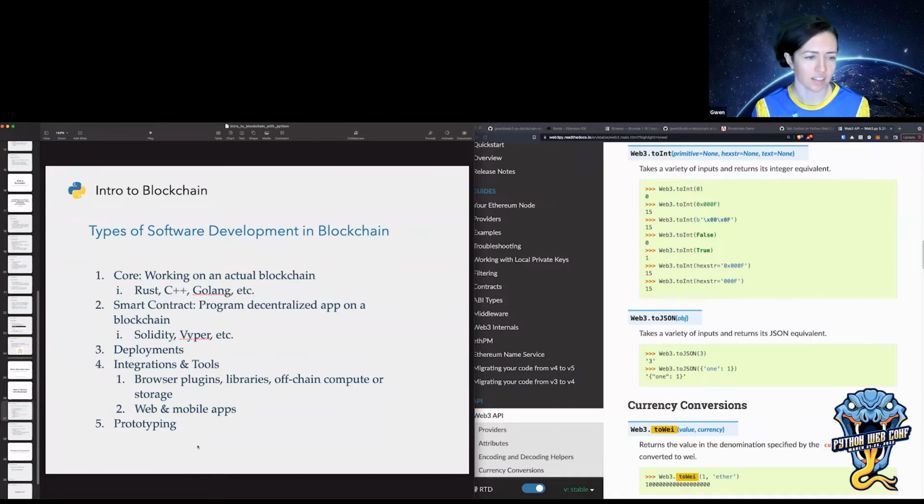Yeah, and then integrations with web and mobile apps. A lot of times you'll have to build some kind of front end for users to actually interface with the blockchain code that you wrote. And in the browser, they do have Web3 libraries that will let you interact directly from your front end. Sometimes you don't want to do that, and you'll have a regular front end and back end, and then your back end will call the blockchain. And then, like I mentioned before, Python is always great for prototyping just about anything.